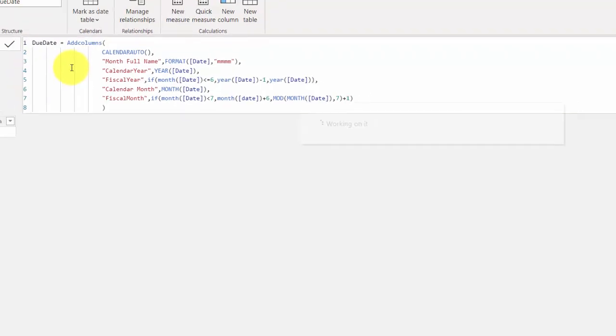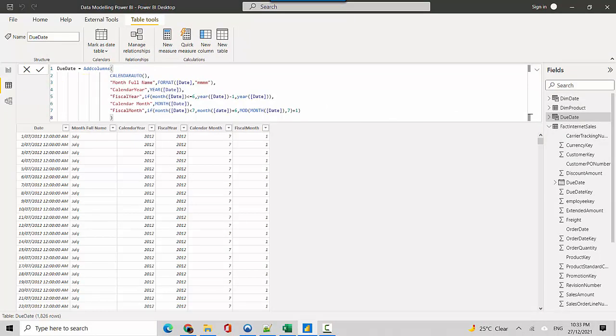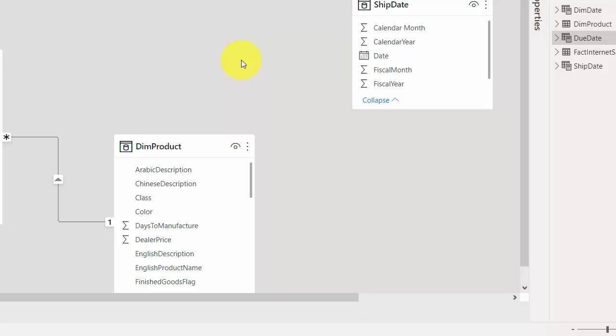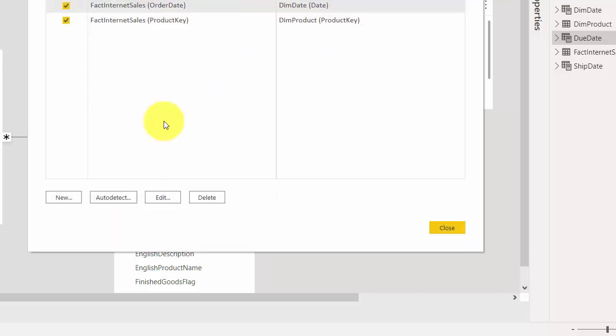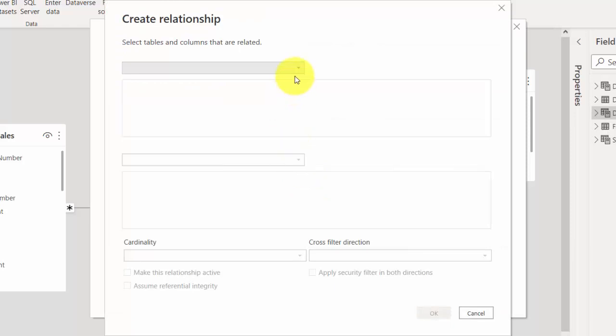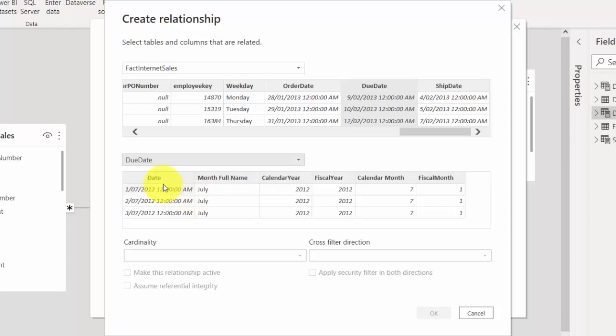So now we'll have three tables in our data model. One is the existing relationship with the order date, and then we'll have a due date and a ship date. So we'll go to the data model, we'll click on manage relationships, and we'll quickly join these two relationships as well. So we'll create a new one. We'll use the factor internet sales table, and we'll join the due date first, to the due date field, and hit OK.